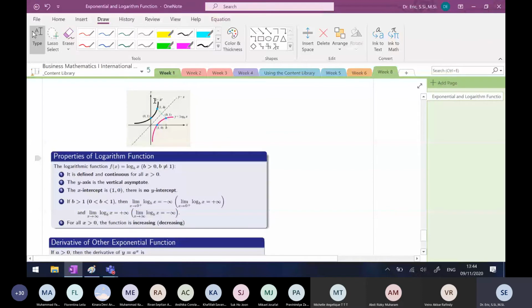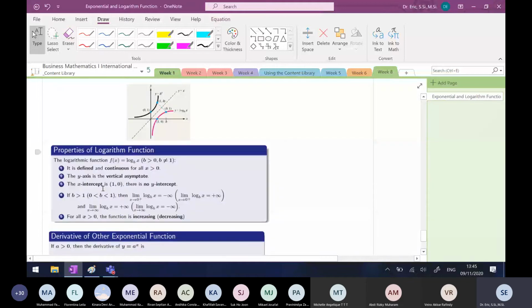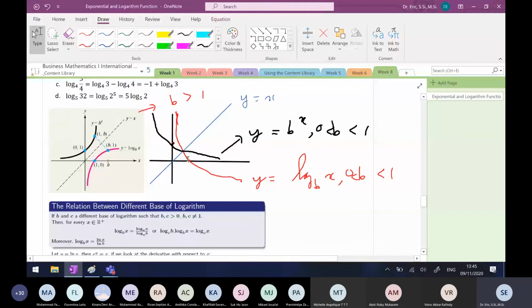Look at this. Both of them have x equals 0, the y-axis, as the vertical asymptote. This one and this one, both have a vertical asymptote. The x-intercept is (1, 0). The same for b from 0 to 1, (1, 0). The same, because this is just reflecting